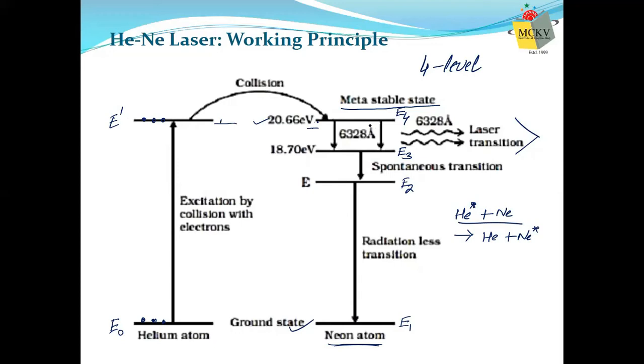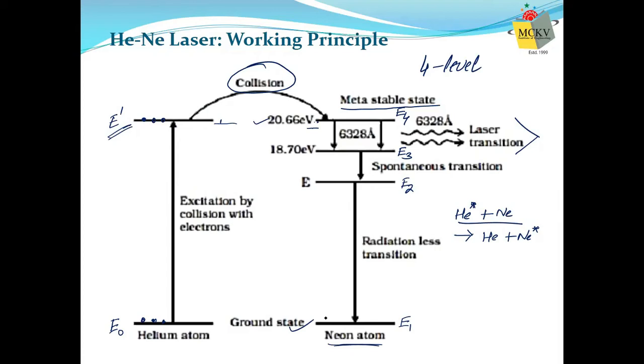But that is not directly by the electric discharge. By the method of collision, this process occurs. So how are you exciting neon atoms? Again, you are supplying some electric energy. The helium atoms absorb that energy and are excited to the high energy level E dash. Since E dash and E4 of neon atom are very close, when these excited helium atoms collide with any ground